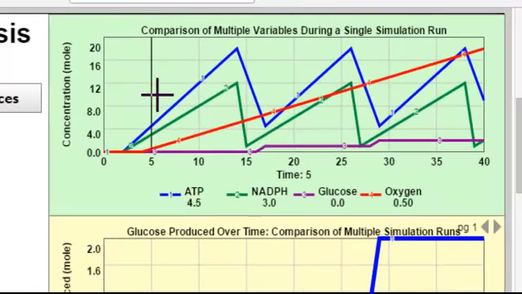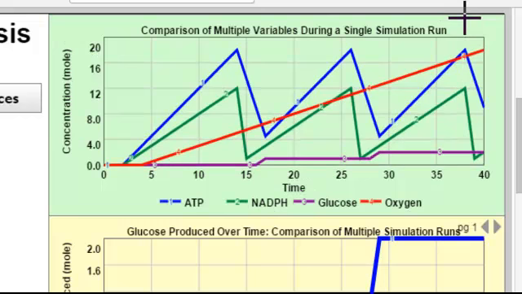Well, when we click on here, we get different readouts, and we can see that in this stretch of time, from time interval 3 to about 14, ATP and NADPH go up, and this is showing the light reaction. Then the Calvin cycle with glucose getting produced, and then the light reaction, and then glucose gets produced, and then another light reaction. So there's kind of 3 cycles of the light-dependent reaction, photosystems 1 and 2, taking place in